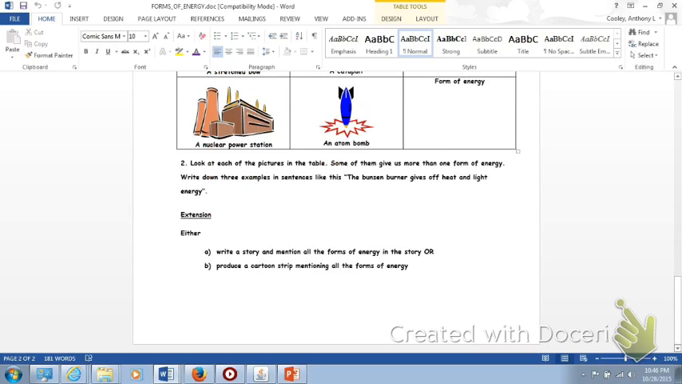You also can do this extension activity on the bottom here. It says, you're going to write a story and mention all the forms of energy in the story, or produce a cartoon strip mentioning all the forms of energy. It would be even more challenging and greater if you could mention the forms of energy from a perspective of it converting or transferring from one state to the other. It would be even more